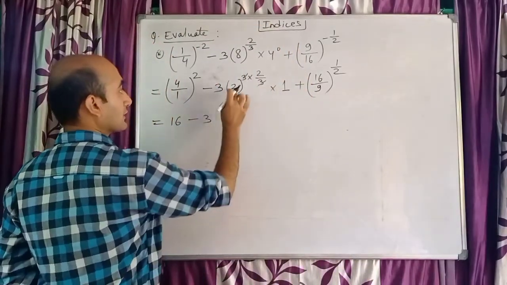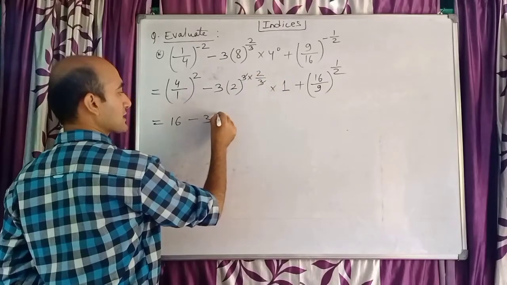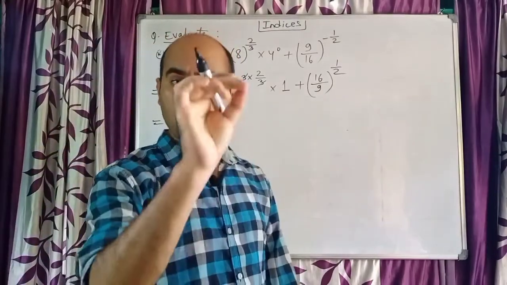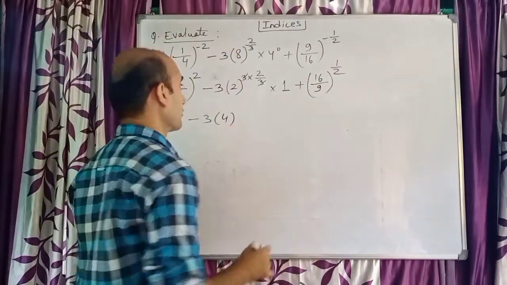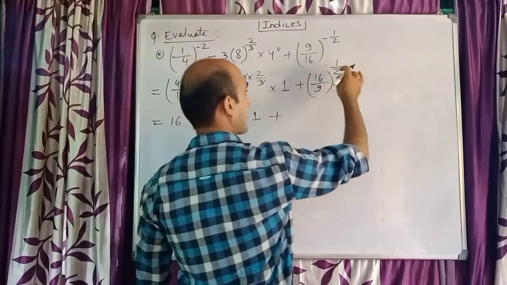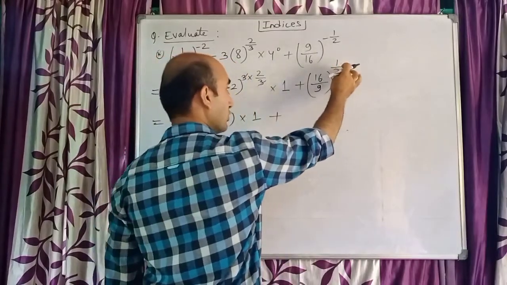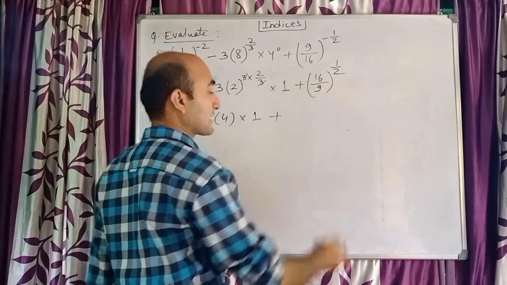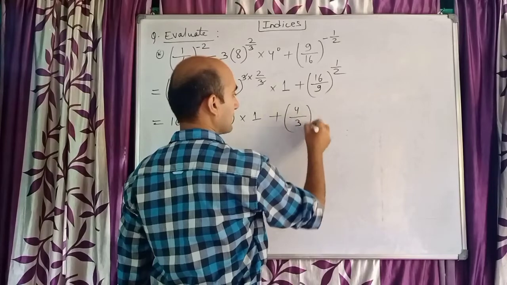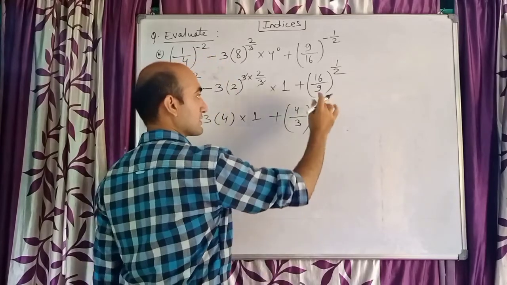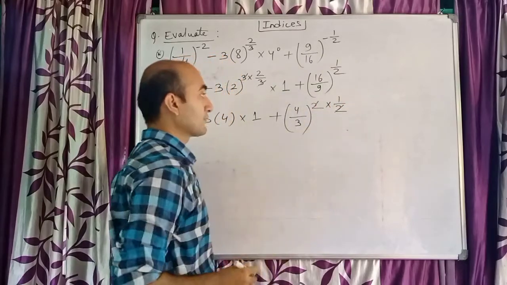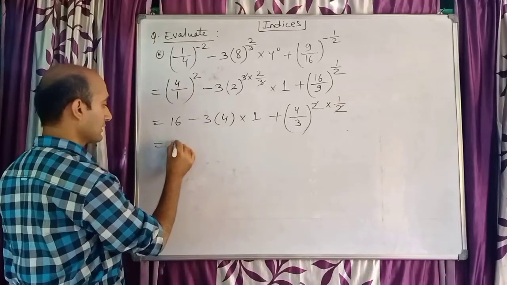Minus 3 into, this is 2 square now, and 2 square is 4, so I can write 4 here in the bracket. If you don't prefer brackets, then you can put a multiplication symbol and write into 4, and again into 1 also is here, plus now you can see it's a fractional power. So looking at this 2, decide for 16 and 9 and try to make them also squares. So 16 is the square of 4, 9 is the square of 3, so you can write 4 square, 3 square, into the same power 1 by 2. The 2s will cancel.